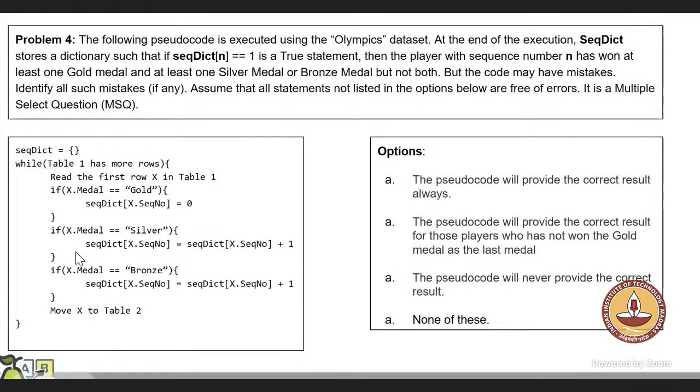Madam, we are not iterating through the medals, right? Yeah, actually the problem statement is not clear. The order does not matter here. But I think the B option is correct because, see, in our list,